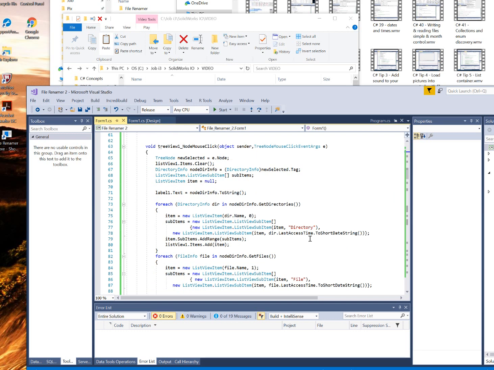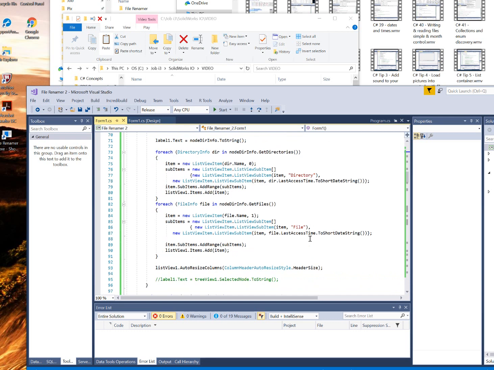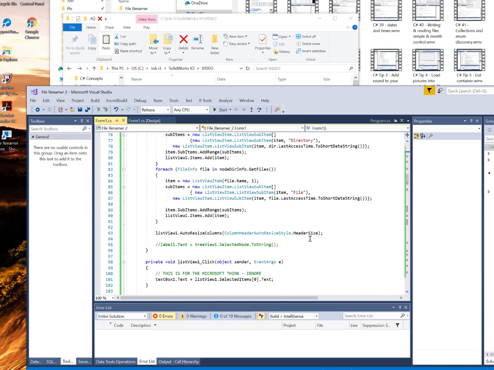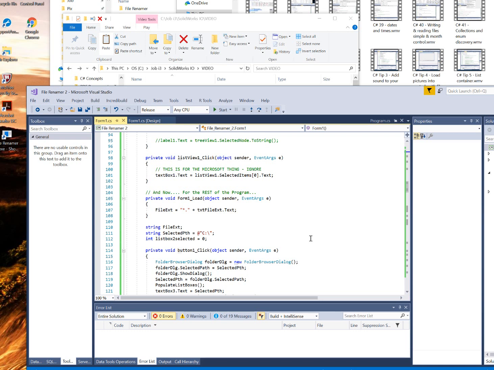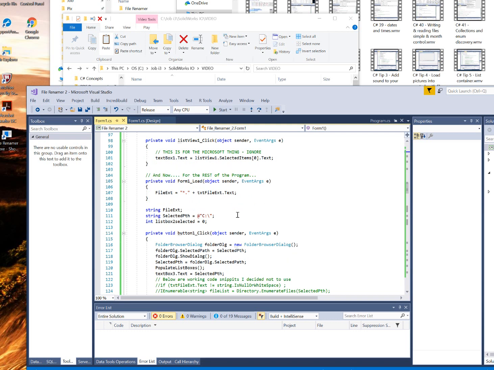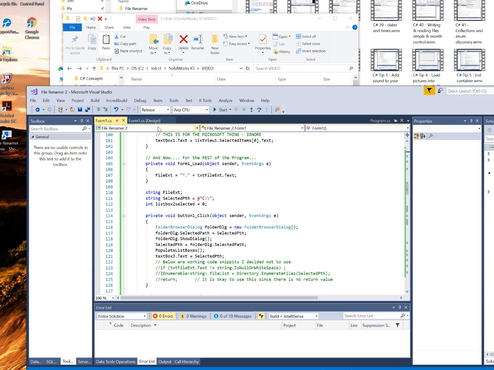Yeah, but it's kind of elaborate and really complex. So I didn't have time or the desire to mess with it. So, Microsoft, ignore. And now for the rest of the program. The rest of the program is below this. Okay, so anyway,